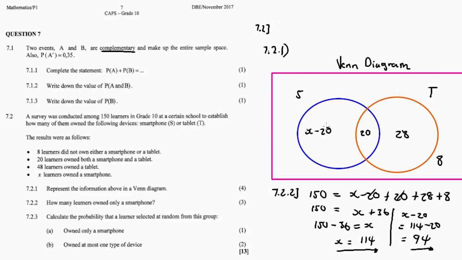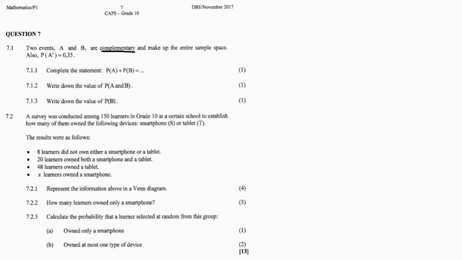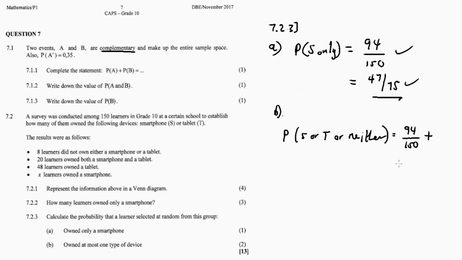Yeah, it's 28. I'm sure it's this one, right? Now this one divide by 150, this one divide by 150, and this one divide by 150. So it's 28 over 150 plus 8 over 150 is equal to,